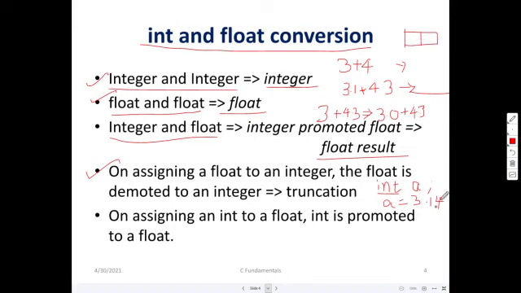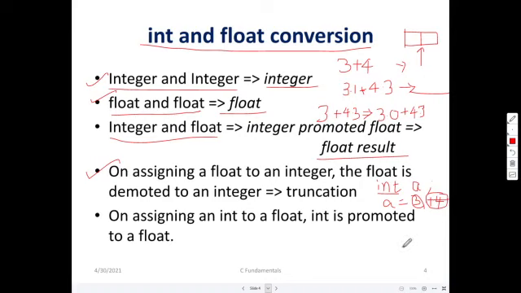It cannot hold the mantissa part, that is the decimal part. So it will store only the 3. The value is truncated, just like that. Whether it is less than 0.5 or more than 0.5, it will get truncated.